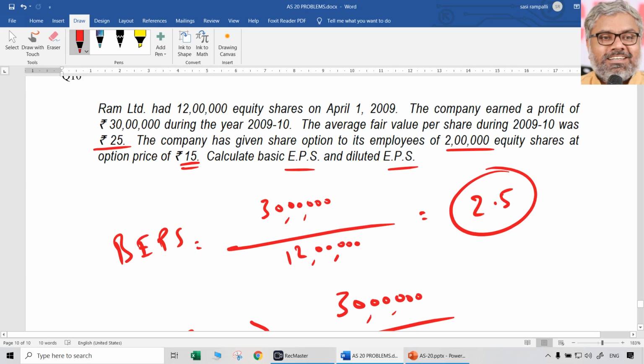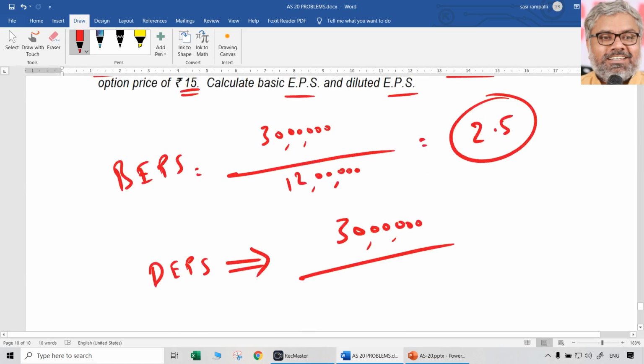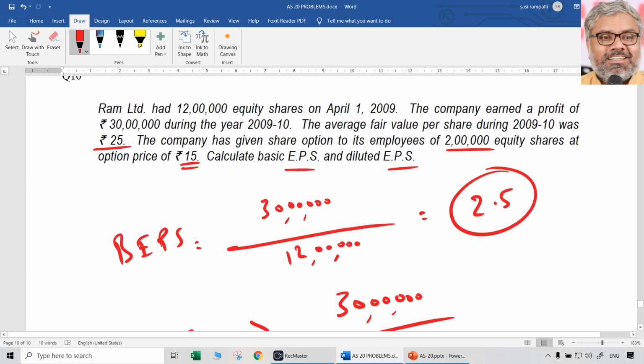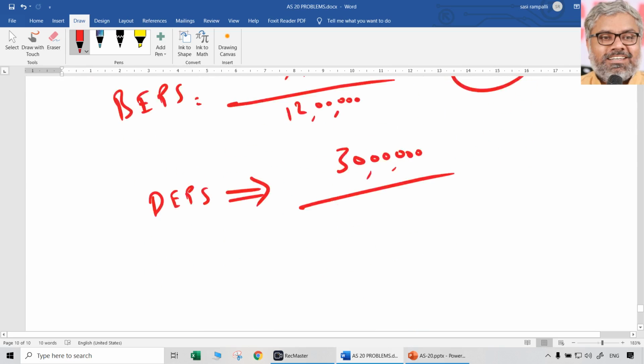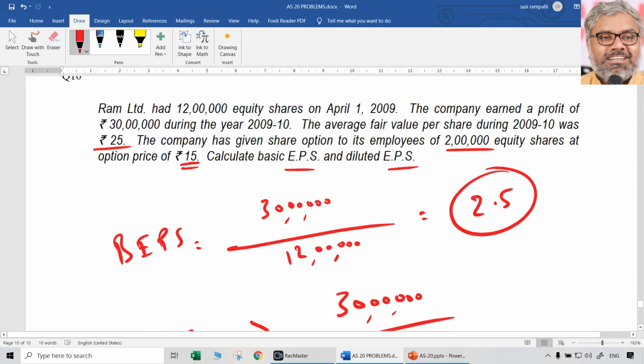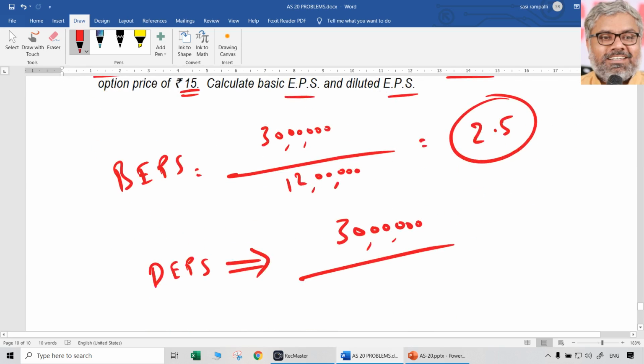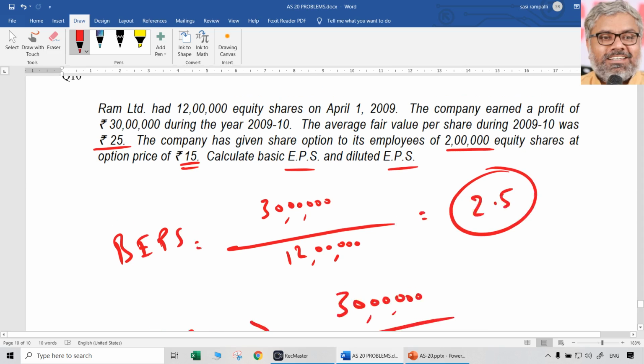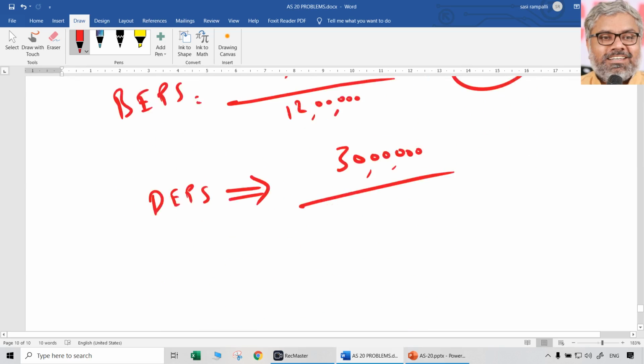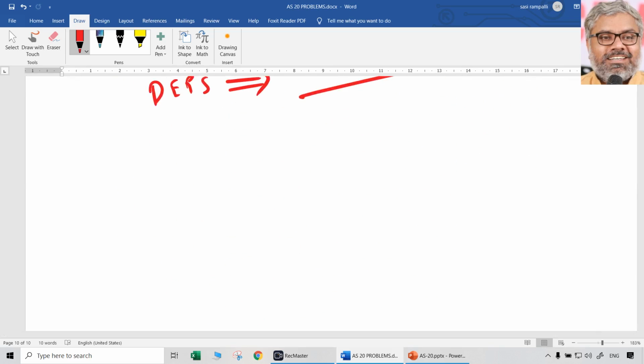So profit remains 30 lakhs, but the number of shares is not going to be 12 lakhs because there are dilutive potential equity shares in the form of ESOPs. How will they change? That has to be calculated with the dilution aspect of it. How much is the dilution aspect? 10 rupees, because average fair value is 25 and option price is only 15. So to what extent will they get diluted? 2 lakhs into